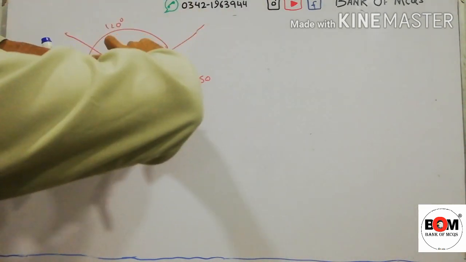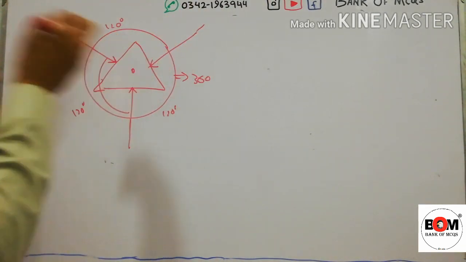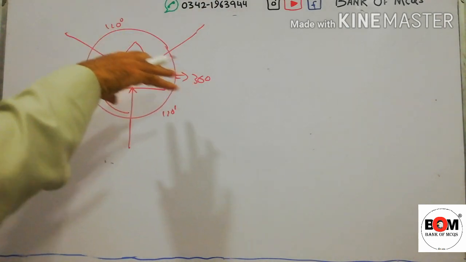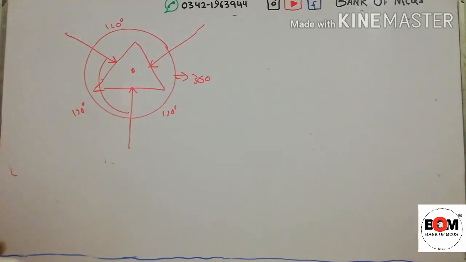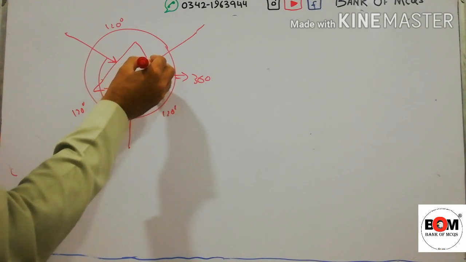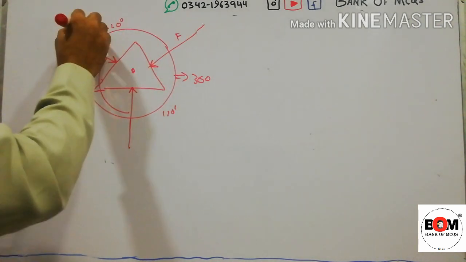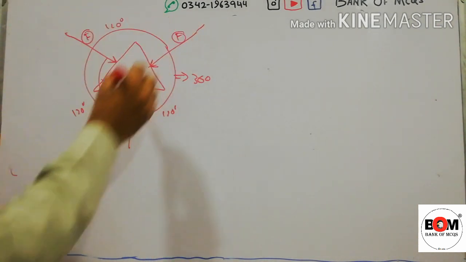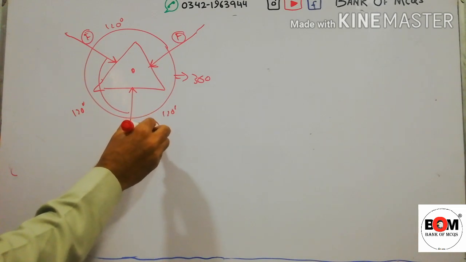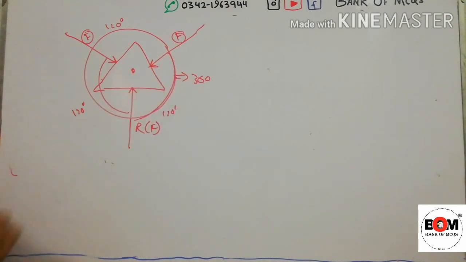So with 120 degrees between them, each force acting on the center, they will cancel each other and the resultant will be 0. So if three equal forces are acting at 120 degrees, it means the resultant is 0. So if we have two forces each of magnitude f and the resultant also has magnitude f, the angle must be 120 degrees. So no need to solve this example, just remember it by heart and do it this way.